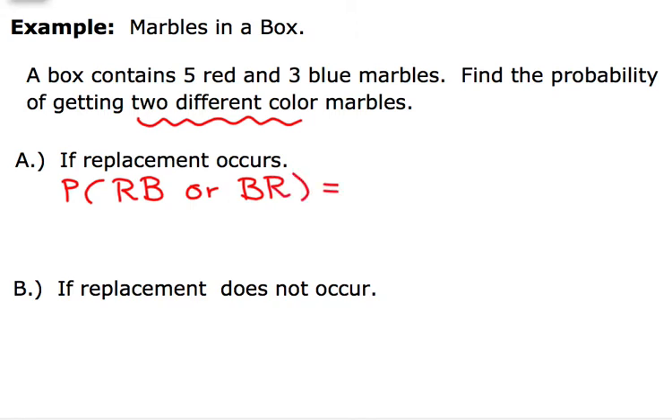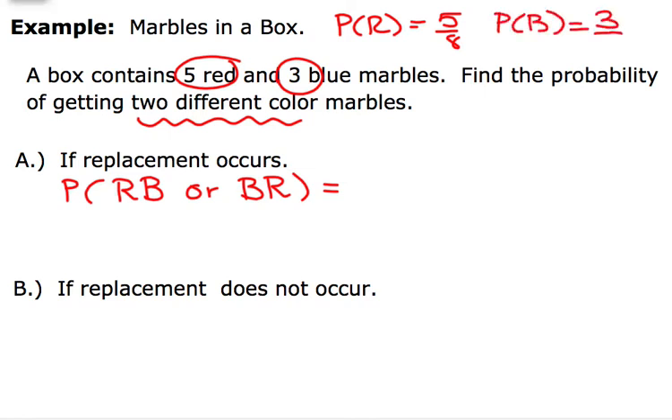So let's talk about the probability of a red. So we have 5 out of a total of 8. To get a blue, probability of blue is 3 out of 8. Okay, so now let's go ahead and do these separately. So to get a red and then a blue, we're going to multiply these 2 numbers together. So 5/8 and 3/8, that's to get this one,